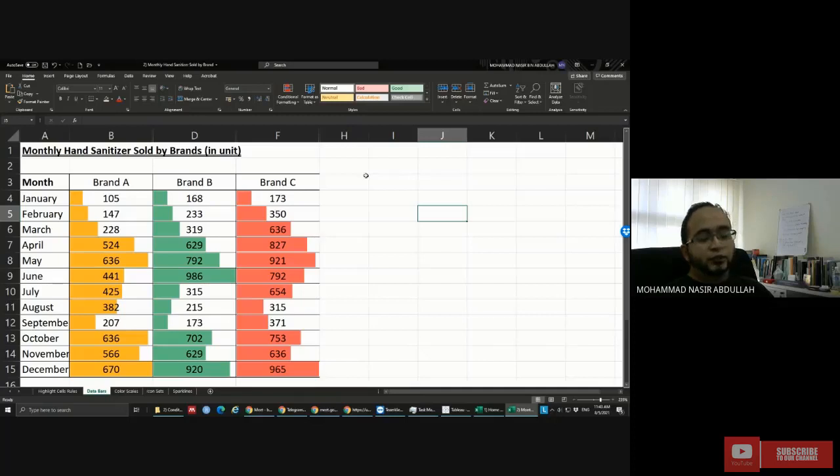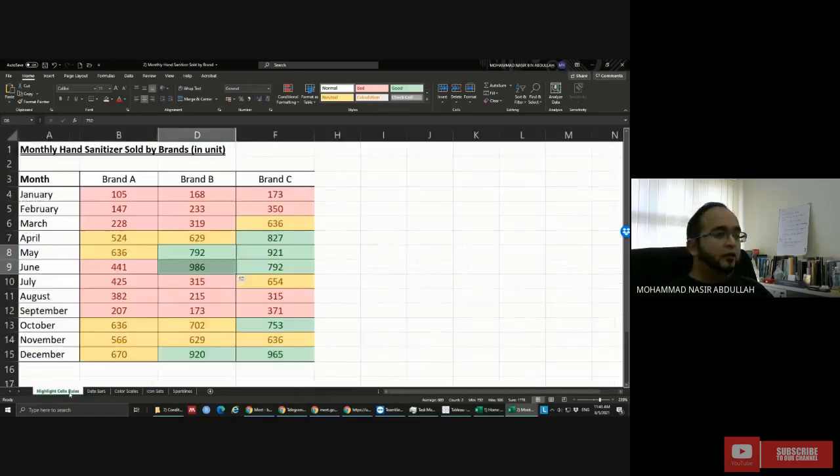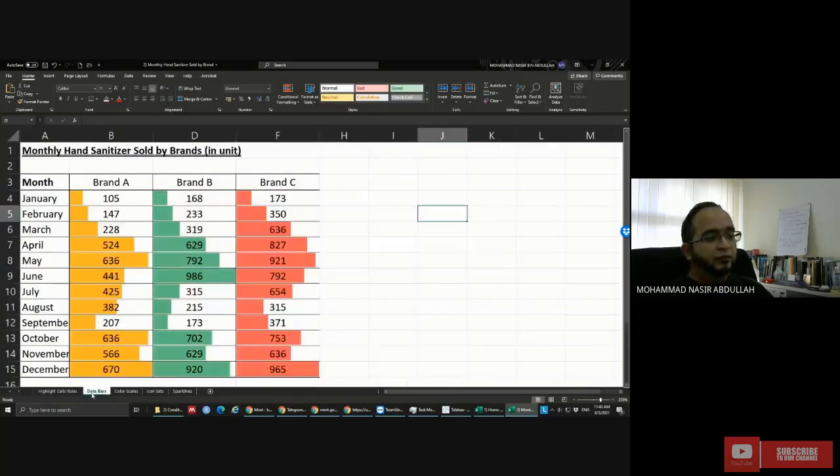But I will show you later how to get another type of presentation, right? So tak semestinya kita akan pilih data bar, tak semestinya kita akan guna highlight cell rule. Kita ada banyak skill, banyak benda yang kita boleh buat. So we need to choose which one is suitable for your data to do a presentation. So let's say kita nak tengok icon set lah,